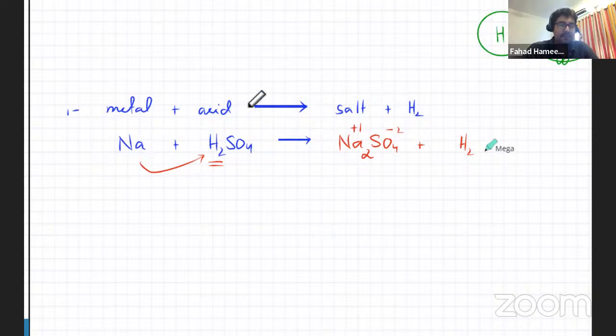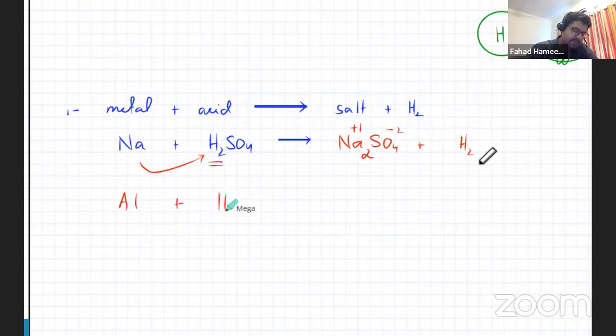The metal is going to come in and it's going to neutralize the acid. How is the acid neutralized? Get rid of the H. You get rid of the H, it's no longer an acid. That's how an acid gets neutralized. So the sodium is going to come in, knock out the H and take its place, and that's going to be Na2SO4. Forget balancing at the moment. Let's do another one. I've got aluminium